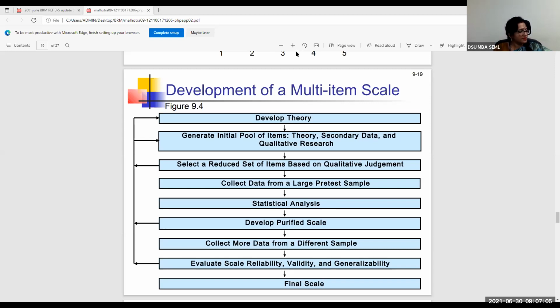Can I have the answers in the chat box? Is theory important when you are doing business research? Is theory pertaining to customer relationship important if you're doing a customer relationship based theory? Is retail management theory important if you want to do a business research for a retail business? Is business to business marketing theory important when you're doing business research for businesses? Yes, so Sudarshan is saying that yes, theory is important because it defines the process.